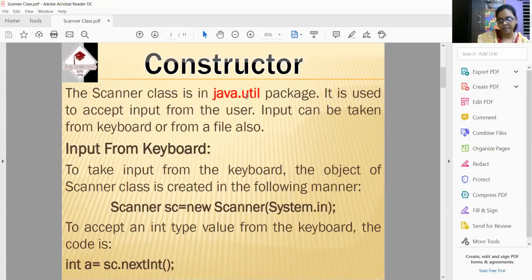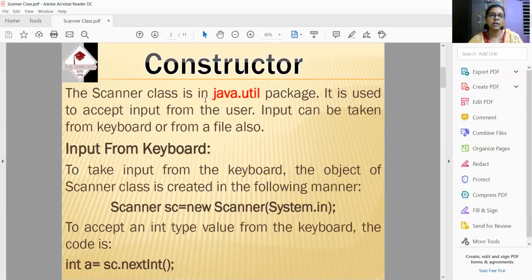There is data abstraction, which I told you about previously, when we were going through our chalk and talk method, online interaction, classroom interaction. The Scanner class is predefined in the java.util package. I have told you already that java.lang need not be imported. Other than this, all can be imported. So of course java.util must be imported.